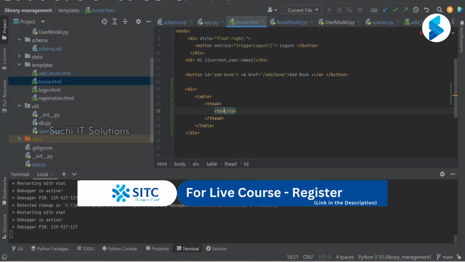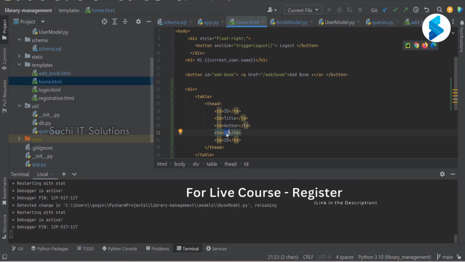Let's go with the td itself. Okay, so what do I have? ID of the book, followed by title of the book, then author,